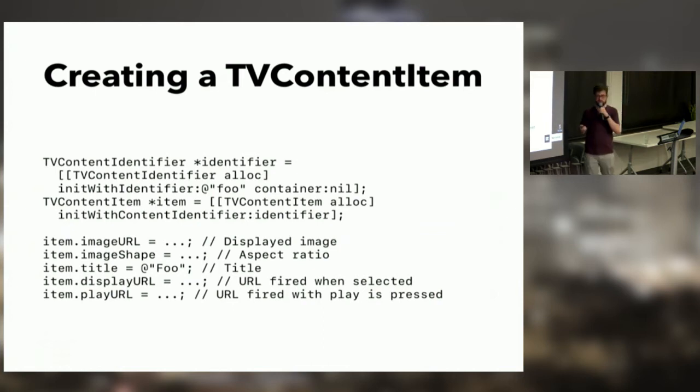These have an image shape property. Apple does not give you arbitrary aspect ratios for these things. They have a finite set, and those map to popular content types. Some of them are video, some of them are photo. But you can specify what aspect ratio the content is that you want. And what I actually did for Tangent with this is I wrote a method that basically maps arbitrary aspect ratios to the best fitting aspect ratio that they provide, and you could do the same. You specify a title. The title is displayed whenever an item in the top shelf is focused.